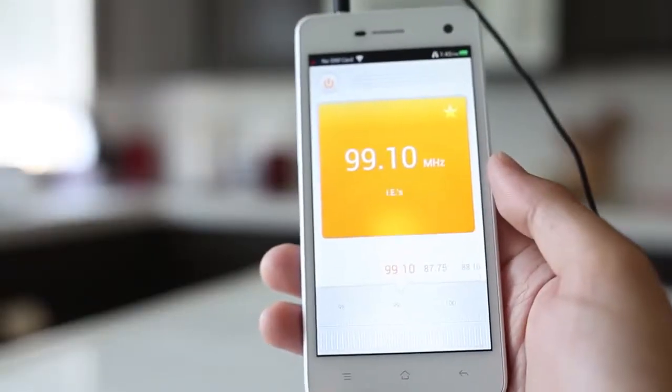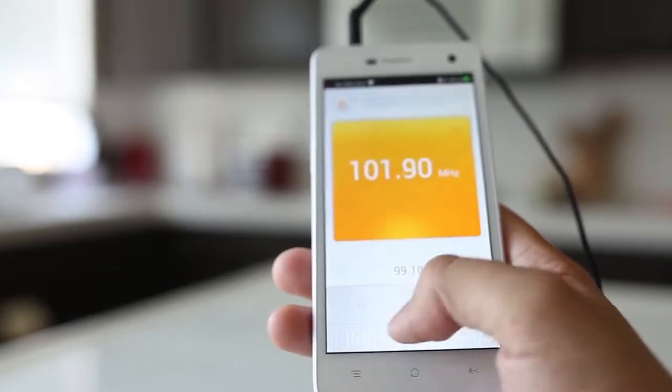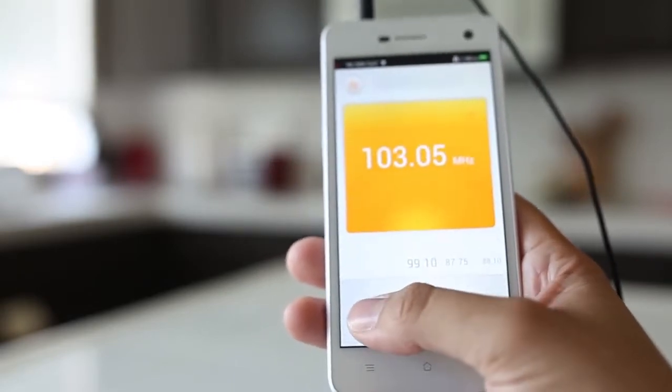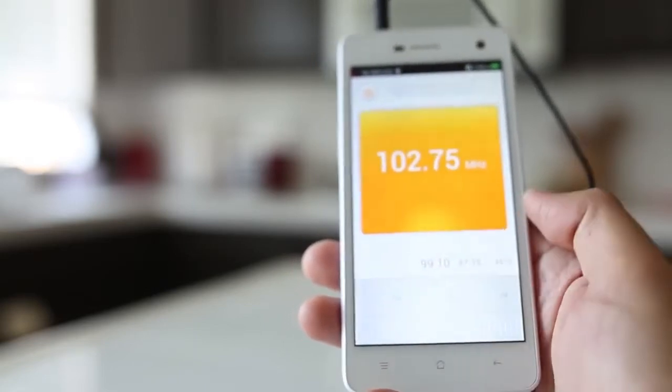Coming in at number 13, we have integrated FM radio. Sure, not all Android devices have an FM radio capability, but there are certain devices like the HTC One, the Oppo R819 that have radio capabilities. And this is a nice feature, especially for those that have limited data plans, but you cannot do this with the iPhone.